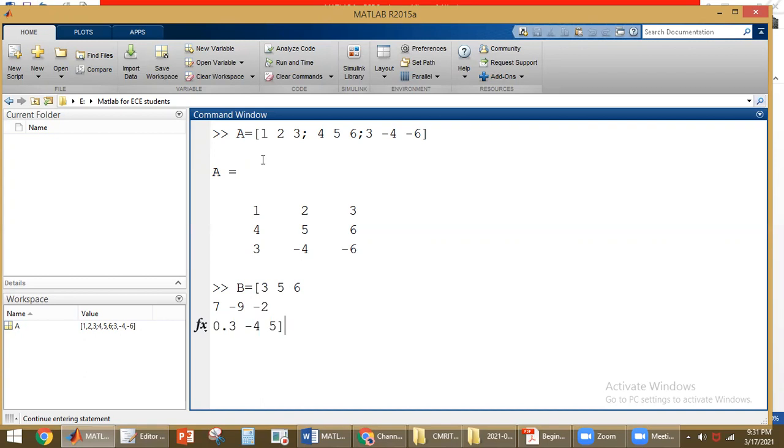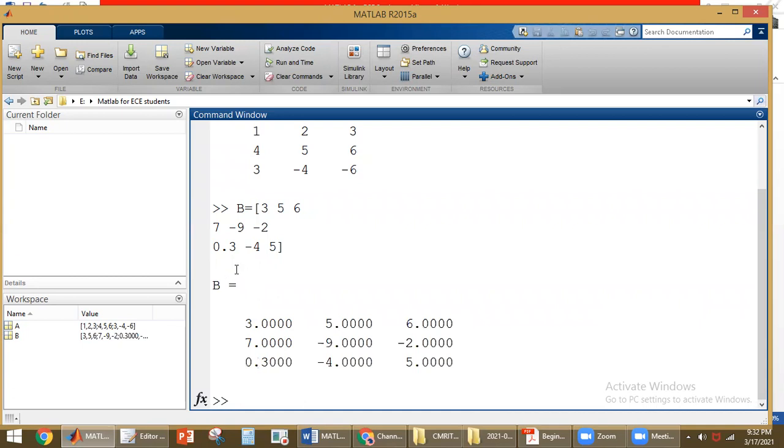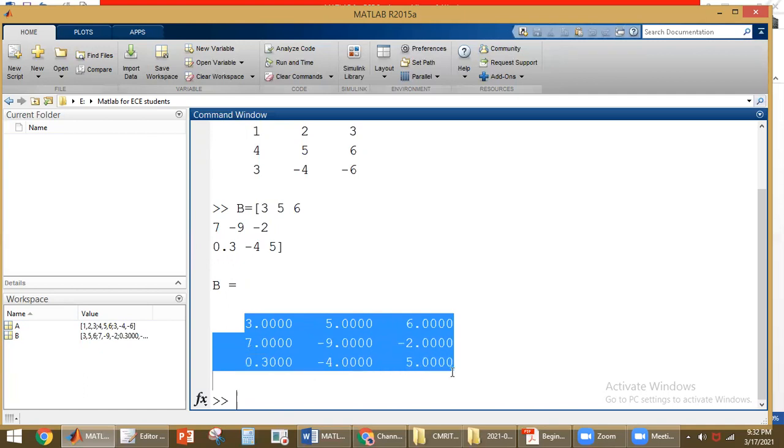Once you use this closed square bracket, it will assume that the entering of matrix elements is completed. Then if we click on enter, since we have given 0.3 here, all the elements are shown in the decimal format. So like this we can create two matrices A and B.